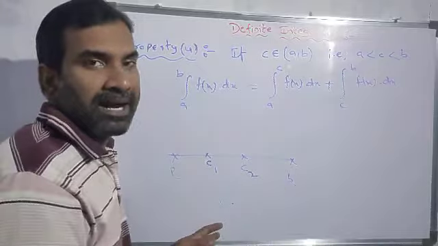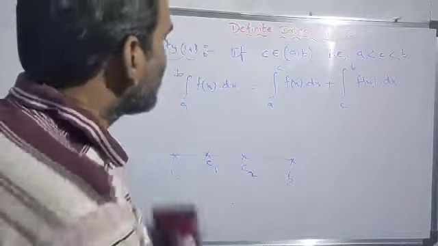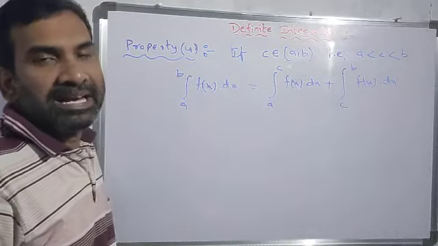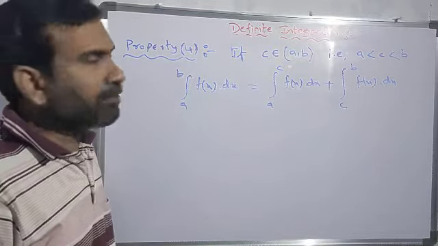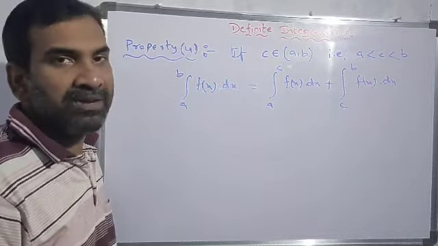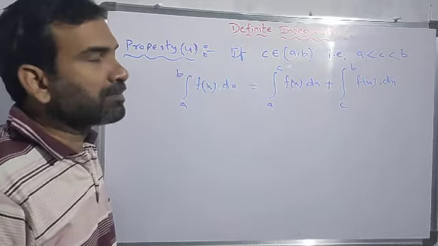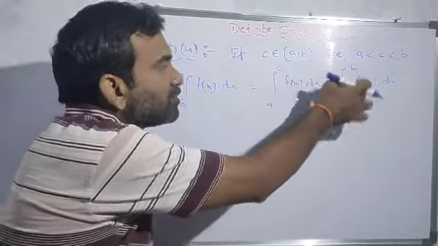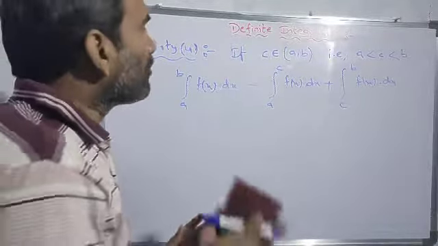Okay, we can write the number of integral sums also. That is your choice. Here I am taking one value. We can take it as property number 4. Suppose C lies in between A and B, the interval (A, B). That means the integral from A to B of f of x dx equals the integral from A to C of f of x dx plus the integral from C to B of f of x dx. Now we have to prove this by taking one example.